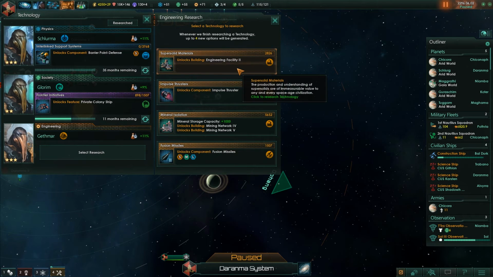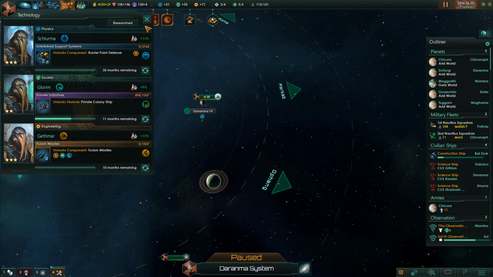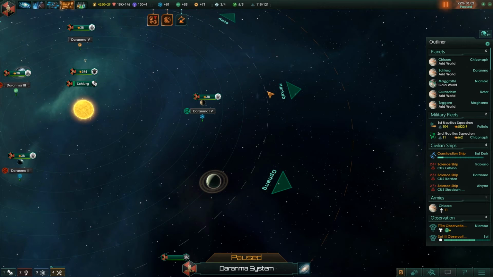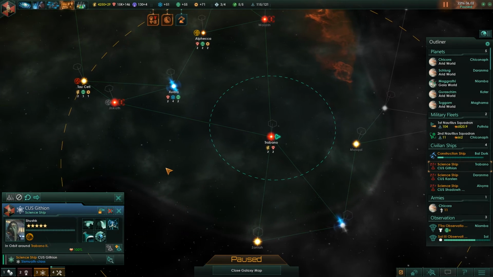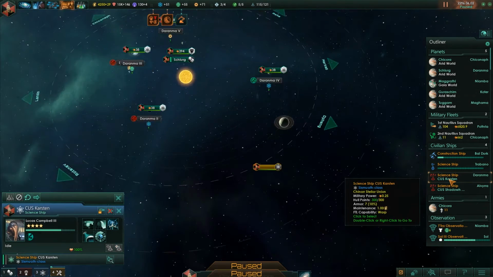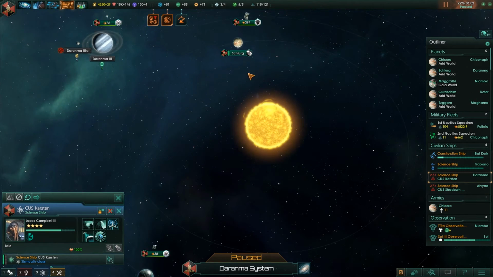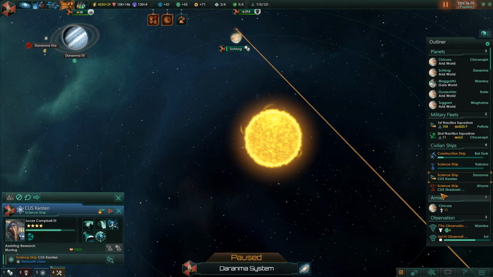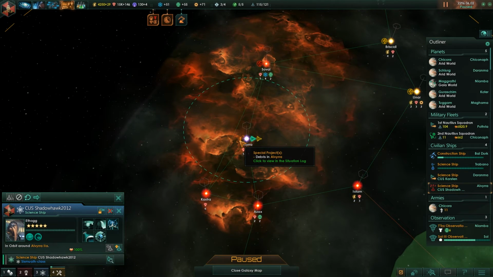Better engineering facilities might be useful, although again, our engineering tech isn't all that bad. Fusion missiles. Yes, let's try and get some of our explosive weaponry upgraded. I've got lots of ships right now doing nothing. So let's keep you exploring. We've got the Carston. You are going back over here to Schlurg, where you are going to assist with research. And we've got the Shadowhawk, who is going to...